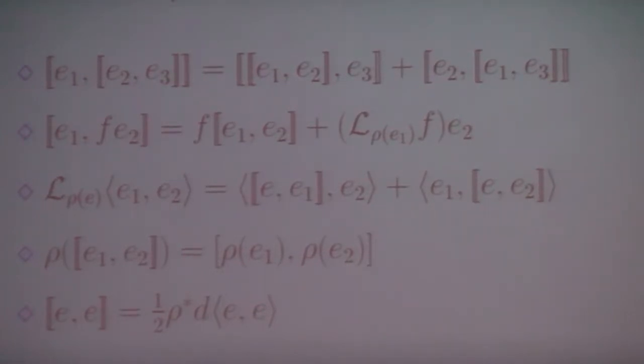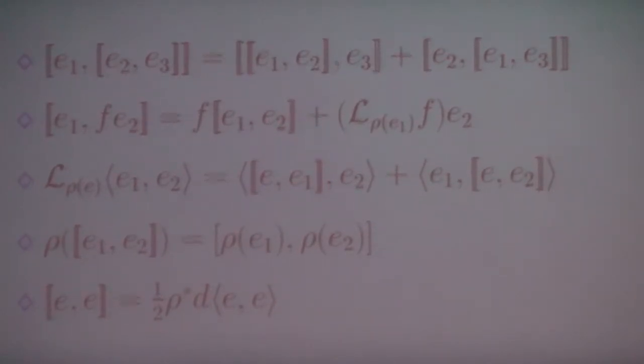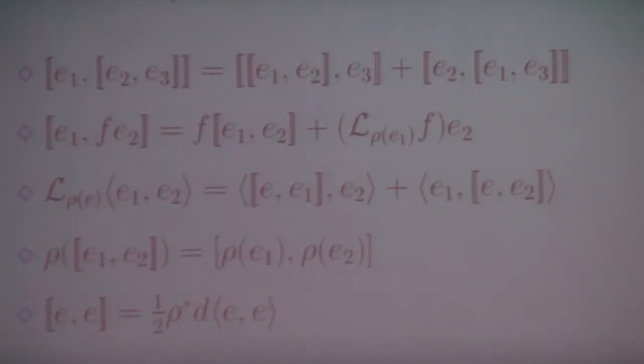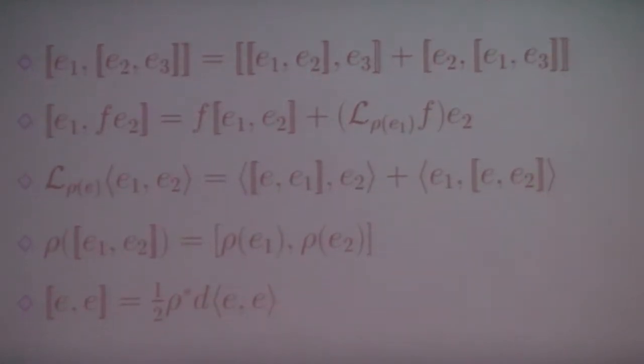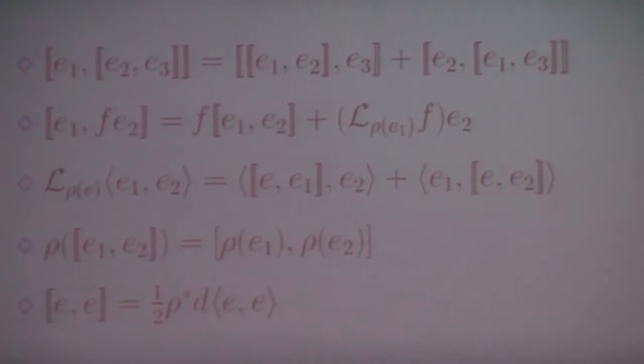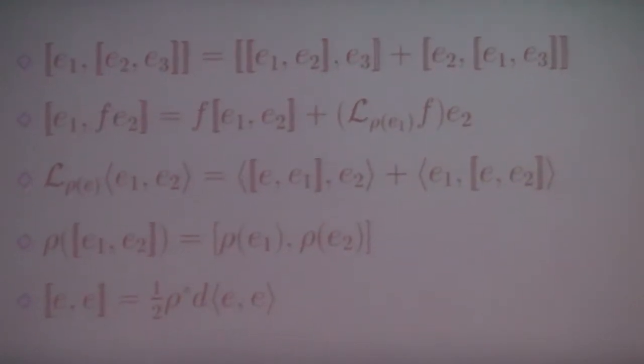Okay, so the bracket is not skew symmetric, the way I wrote it at least. Originally, the bracket was written in a skew symmetric form, and then all these conditions had anomalies. The Jacobi identity had an anomaly, the Leibniz had an anomaly. I just rewrote things in a convenient way, just another way to express the same object that looks a little nicer in terms of axioms. Okay, so this is the axiomatization of the object that you get, and this is what is called a Courant